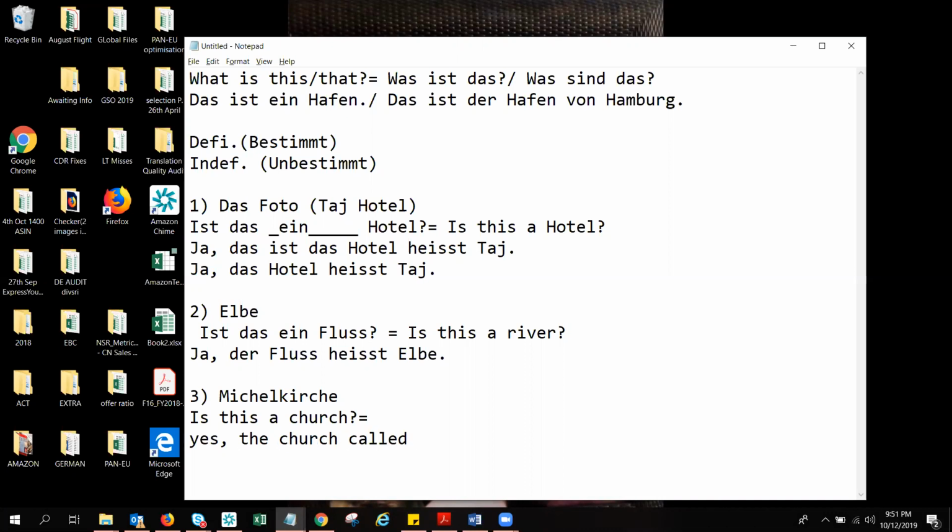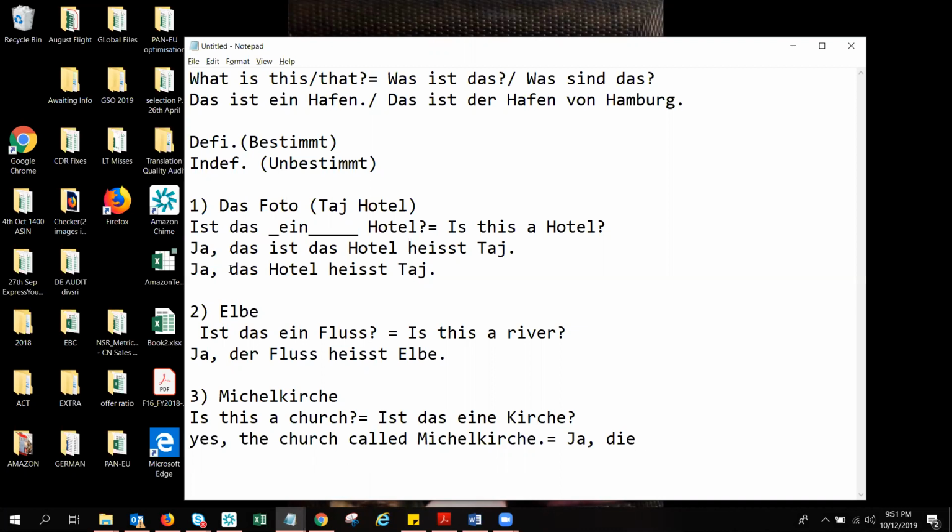Then, yeah, die Kirche heißt Michel-Kirche. Ist das eine Kirche? Because the article of Kirche is die, so it would be eine. Ist das eine Kirche? Question mark. Ja. Die Kirche heißt, now you can see